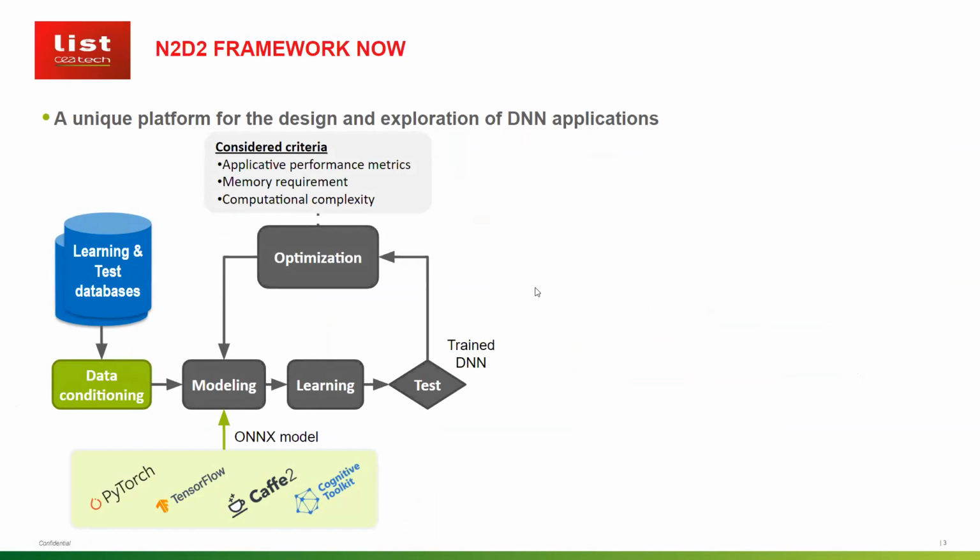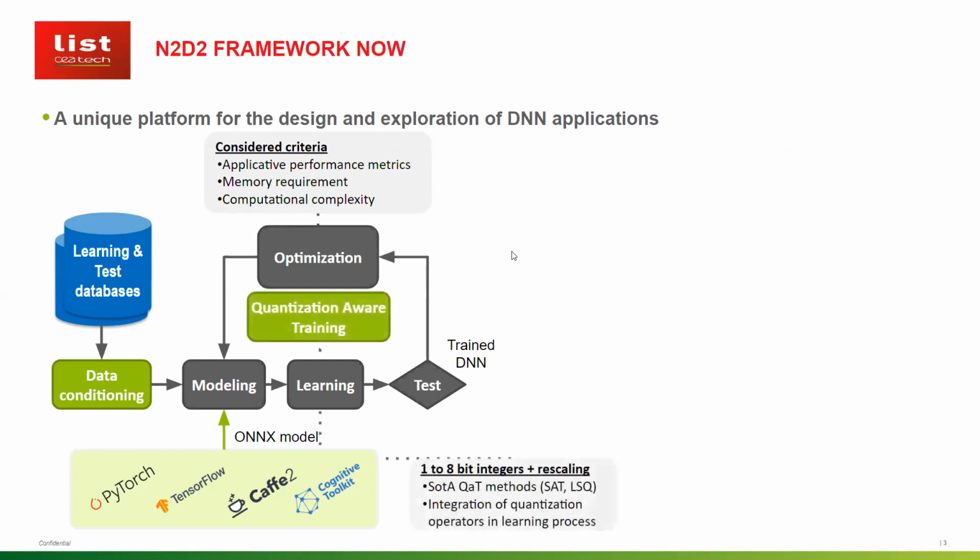After that, we provide the modeling of the neural networks, either by our own descriptions, as we will see, or we can also take the ONNX type model, which is coming from other frameworks like PyTorch or TensorFlow. And after we provide the learning of the neural networks with the optimization. So you can click on the next part. We also developed the quantization-aware training, on which I will stop a bit later into details. And this is the part of the optimization system during the training.